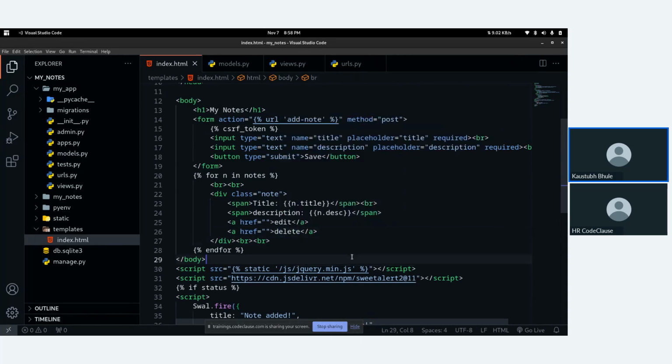Fine. Now, what we have to do here, we will add our URL for edit node. Let's do percentage. So edit note. Now we will just copy the same thing for delete note.